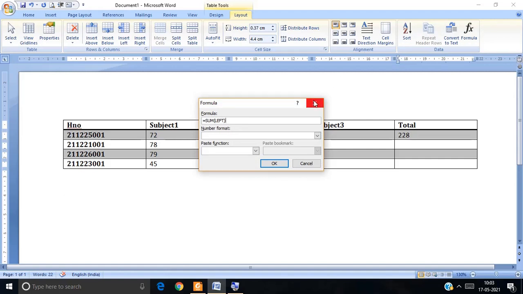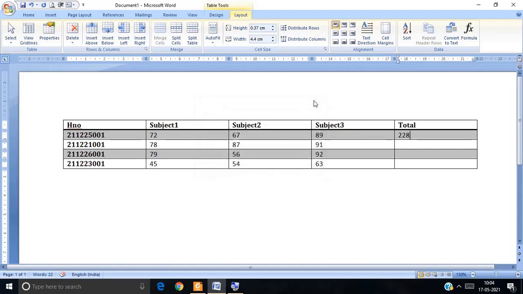Here you can observe left, that means the left values of the table will be automatically calculated, and if you give above, the above values of the table will be calculated. Just like this.